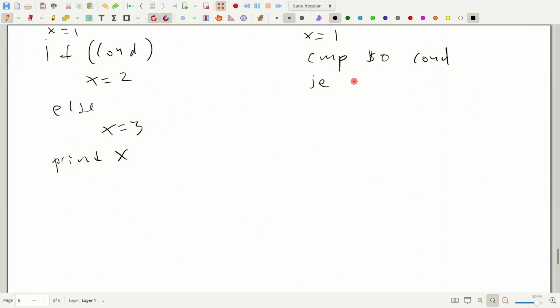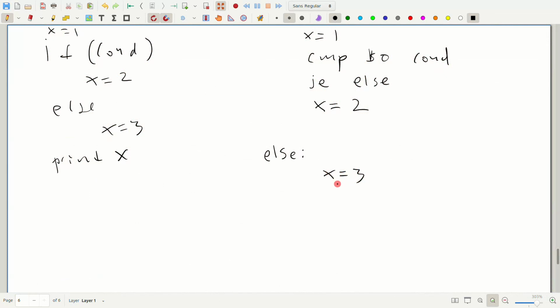So let's make a label for else. And just like before, we don't actually need a label for if. We could say, jump if, and then immediately have a label for if. But just like before, if cond is true, then this branch will not happen, and we'll just run the if statement. But if cond is false, then the branch will be taken, and we'll execute